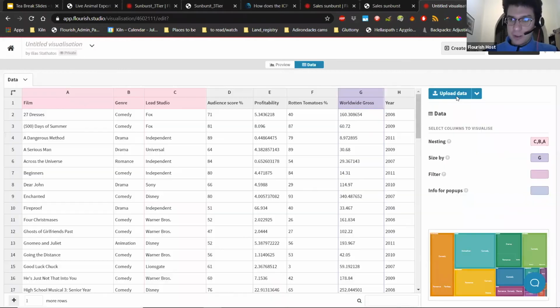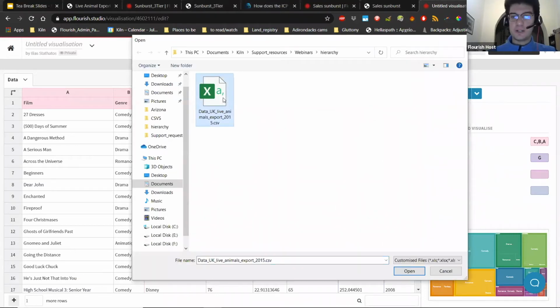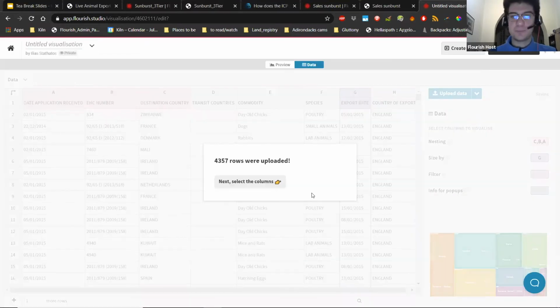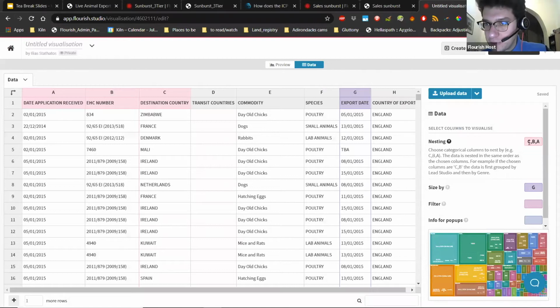Let's upload our data. As we can see, as I told you, I have already downloaded the dataset. I pressed upload and overwrite the existing data since we do not want to merge. And now, time for nesting. As we can see, nesting is essentially the order that we specify, essentially setting our hierarchical relationship. Now, it does make a lot of sense, but